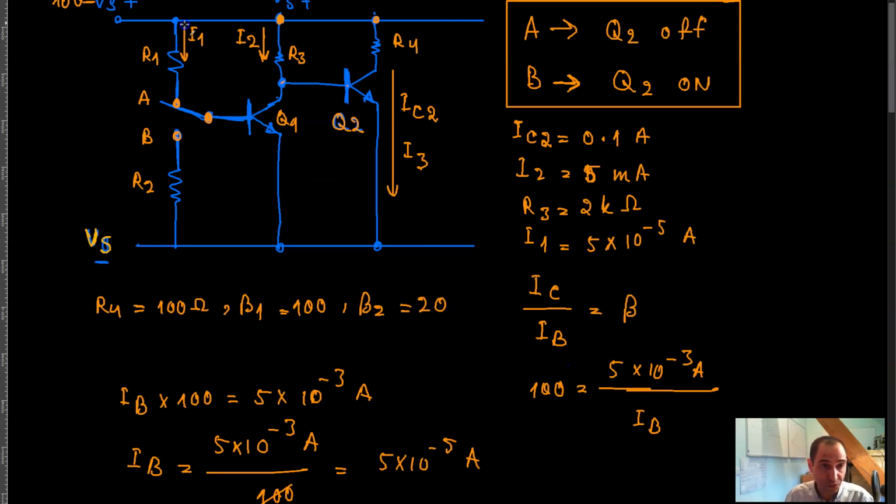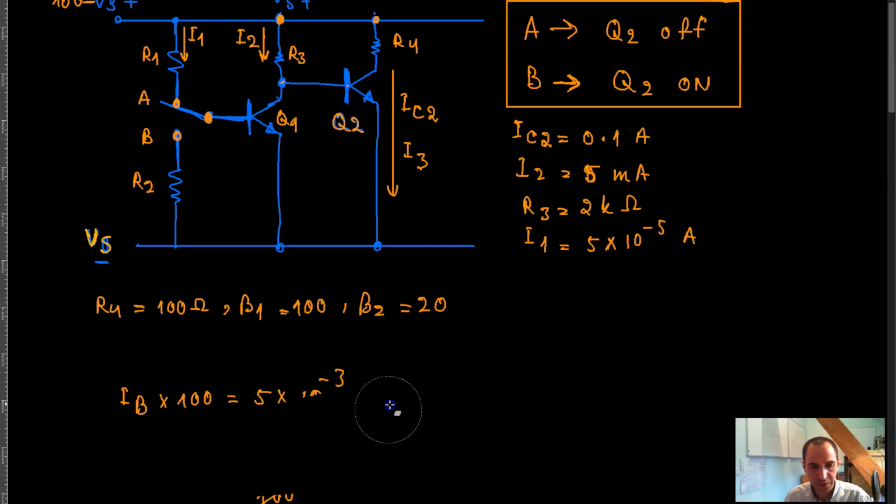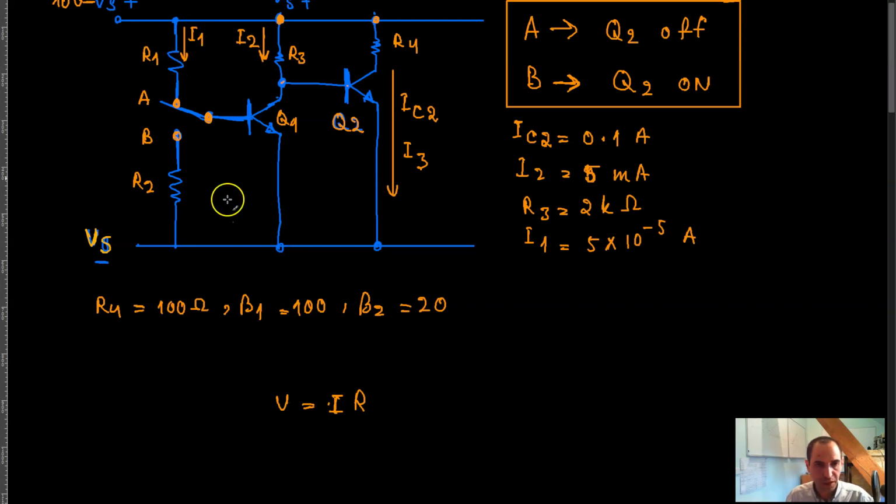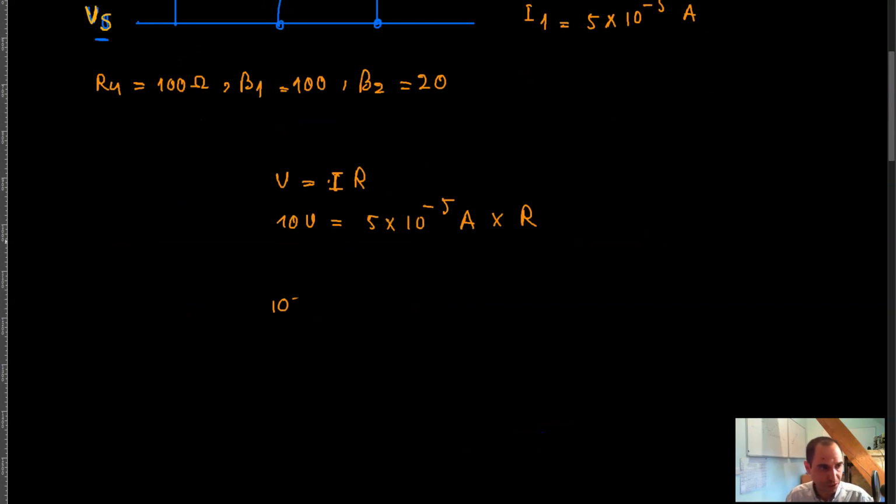And based on that, now you can choose this resistor. So how do you do that? You want the current over here to become 5 into 10 raised to the power negative 5 amp. The supply voltage over here is 10 volts. If I apply Ohm's law to the resistor R1, the whole supply voltage is across this resistor, so that's 10 volt, and the current going through that is 5 into 10 raised to the power negative 5 amp times R, which means that your R is going to be equal to